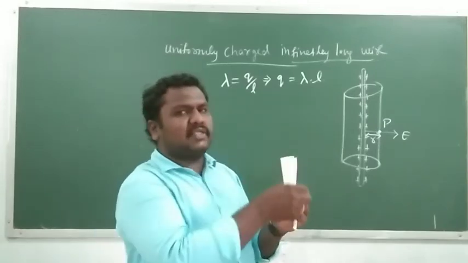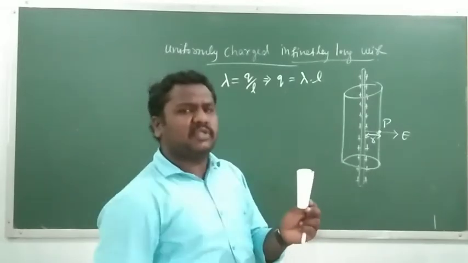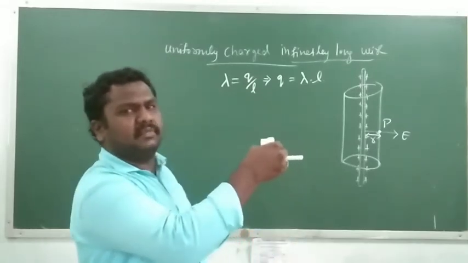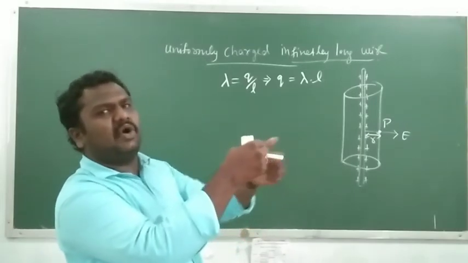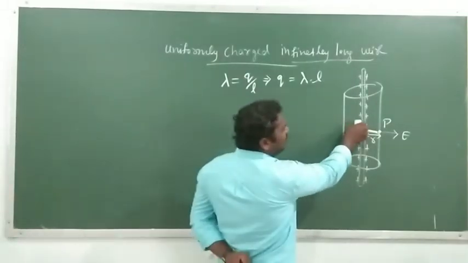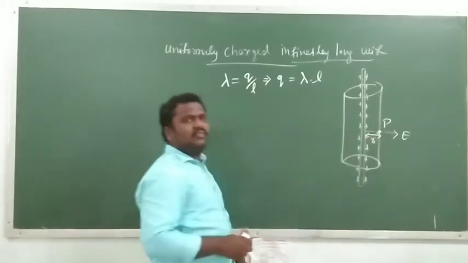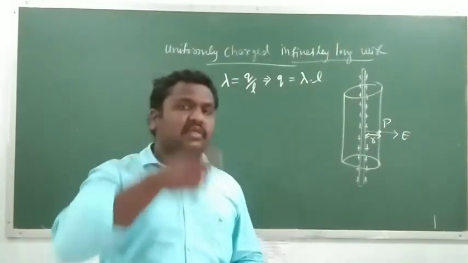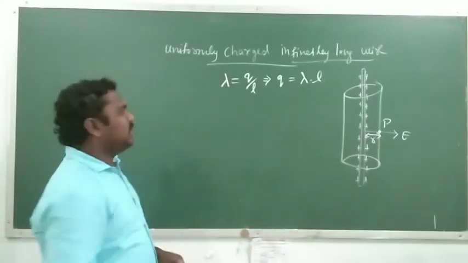So the entire flux for this given Gaussian surface is because of the curved surface, where the area vector will be like this. We have the curved surface and the area vector will be in the normal direction, isn't it? So what is the direction of the electric field? That is forward. What is the direction of the area vector? That is also in the forward direction. Or we can say the electric field and area vector for the curved surface are in the same direction. Then the total flux we can consider